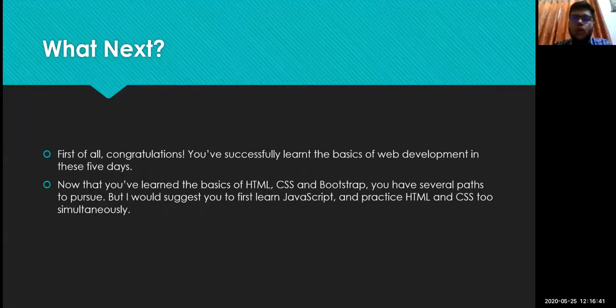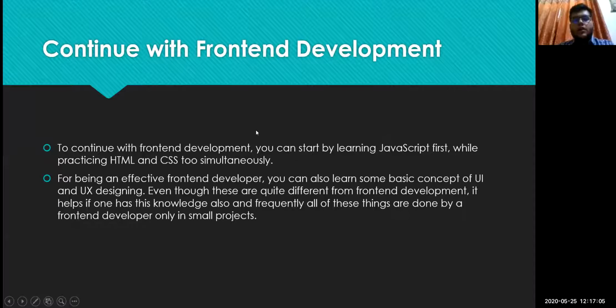So you can learn that. And many of the frequently used frameworks like React, Angular, and Vue, they are all based in JavaScript. So if you learn JavaScript properly and you have all your basics clear, you can proceed on to those particular frameworks also. So there are many options that you have available with you.